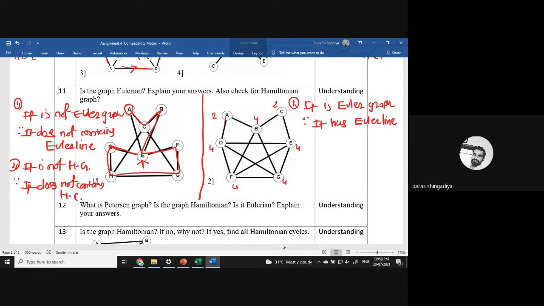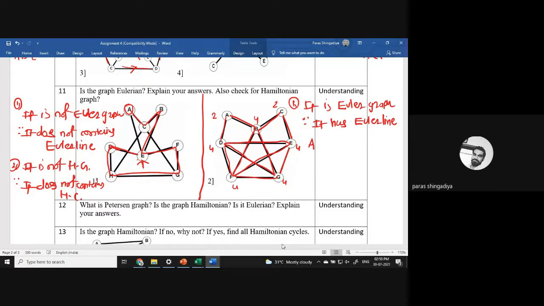Start like this: A to D, D to F, F to G, G to E, E to C, C to B. Okay, and from B move to the inside. Yeah, covered all the inside edges. Clear? G, then after D, then after E, E to F, and F to B again. And from B, you can use this edge and you can reach back to the A. Clear? All the edges are covered and we have used each only one time. Okay? So you can mention the circuit line here.